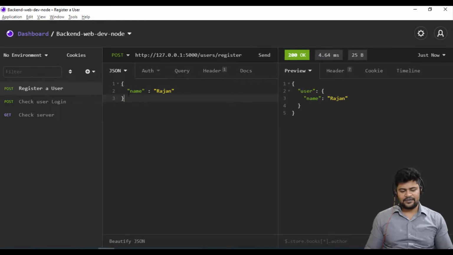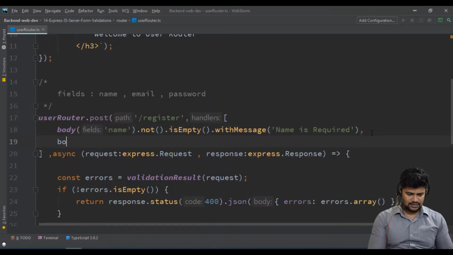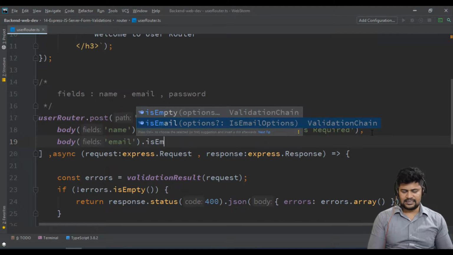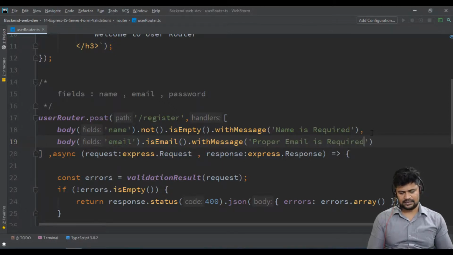And then I want to verify the email. To verify email, comma, body of email dot isEmail. There is a direct function for that, isEmail. If that is not an email, you get the message stating that a proper email is required.